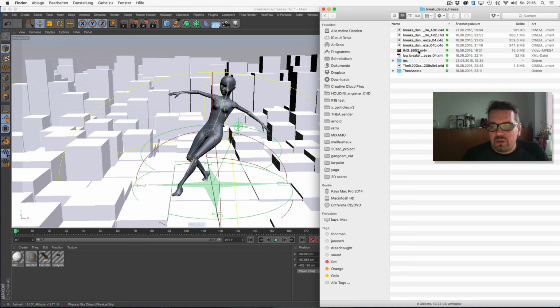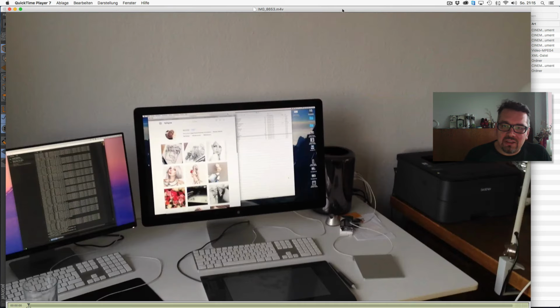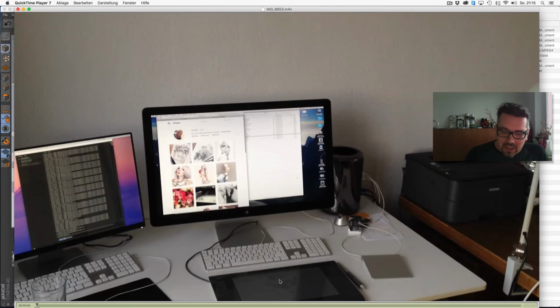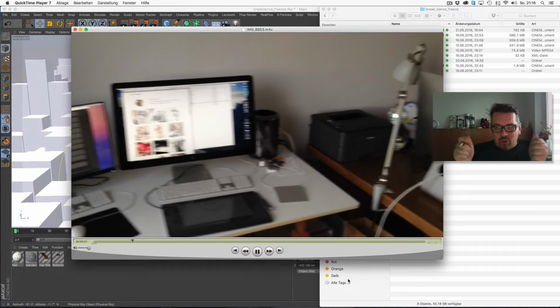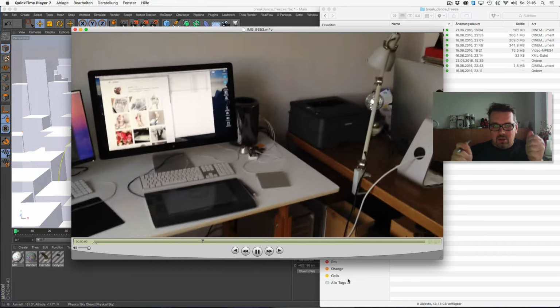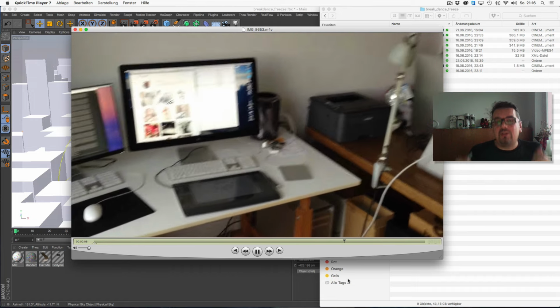When you know what's possible in Cinema, everything is so easy. Yeah, this is my desk, and I shoot it because I know the dancing animation, and I know, okay, he's there, then he comes a bit in front of me, and I try in my mind to shoot this guy in a real world situation. So I just captured my own desk, and now I go down, yeah, and up.